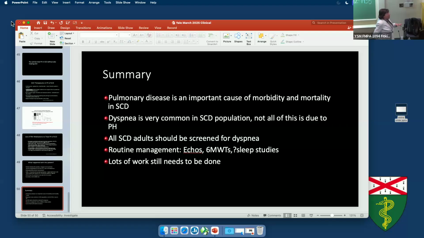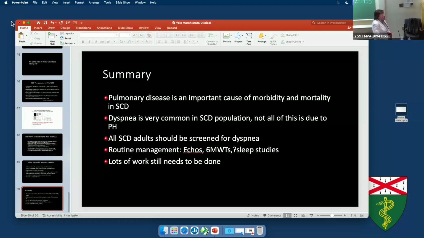There's a paper whose review I need to finish at some point today because it's overdue. But there is a paper that is going to come out from the French group to suggest that there's an even lower PVR cutoff for mortality risk in this population. They did not correct their PVRs for the hemoglobin level, but that is a really good question as well. It would be a really interesting thing to think about in this population if we're really going to focus on PVR and mortality risk.